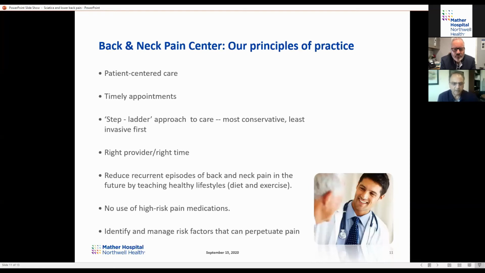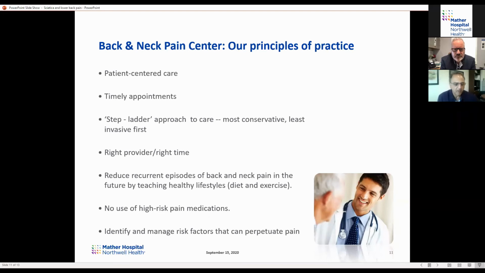The other concept that we believe in here at the Back and Neck Pain Center is looking at risk factors, because as I said earlier, recurrent episodes of leg pain or back pain are very high within a 2-year period if you don't do anything to change what got you there to begin with. It could be due to you being overweight, not eating right, not exercising, or smoking. There are lots of different risk factors that perpetuate problems. And even if we put a Band-Aid on it, but we don't teach you how to change your lifestyle and change how you got there in the first place,